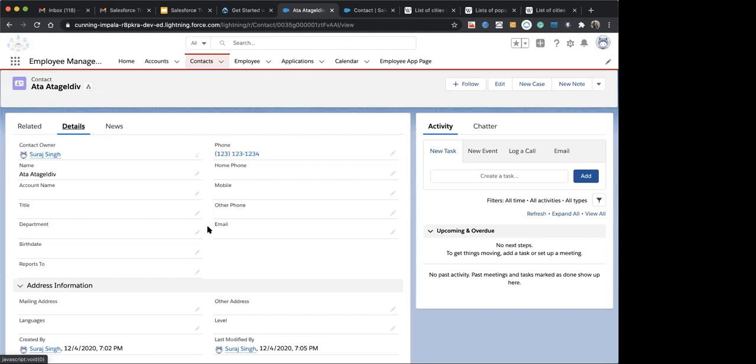So on the same record, whenever different types of users have to work, this is not possible while working with the page layout. You can ask, I'm just changing the page layout, so why do we have a requirement for record types? But the page layout will not help on that. Page layout will also not help with adding a default value on the picklist, and it will also not help to choose which picklist values are available to them.